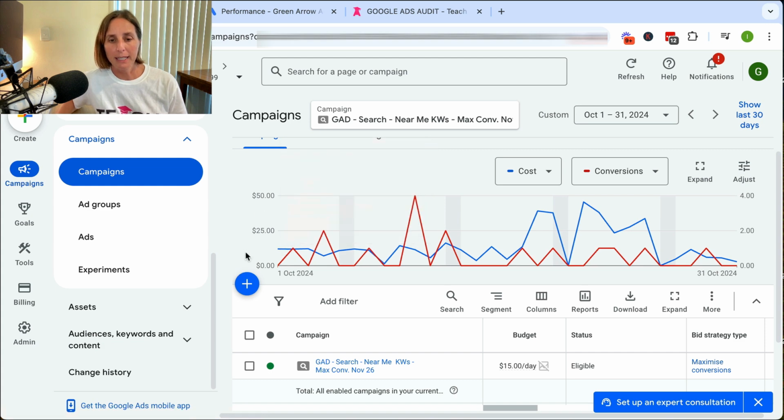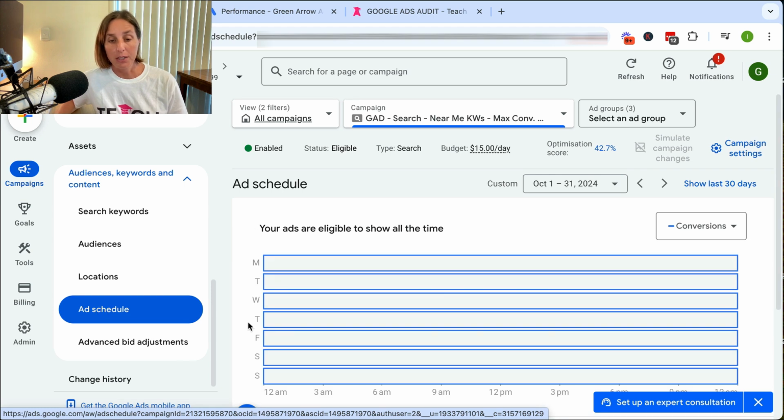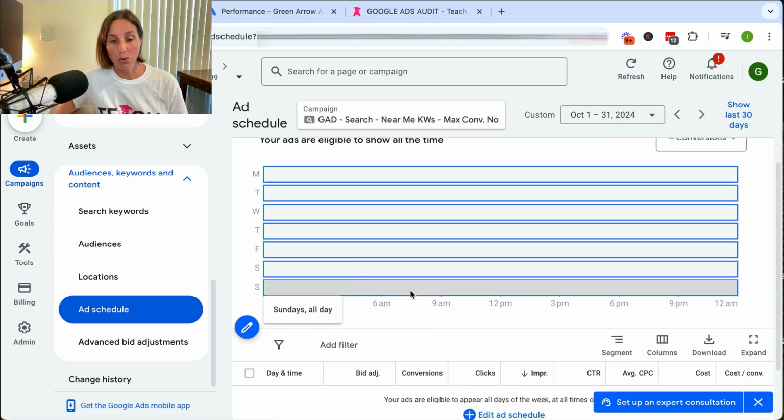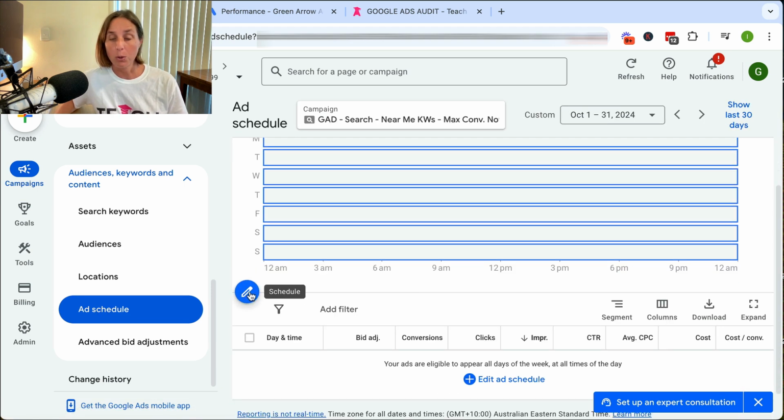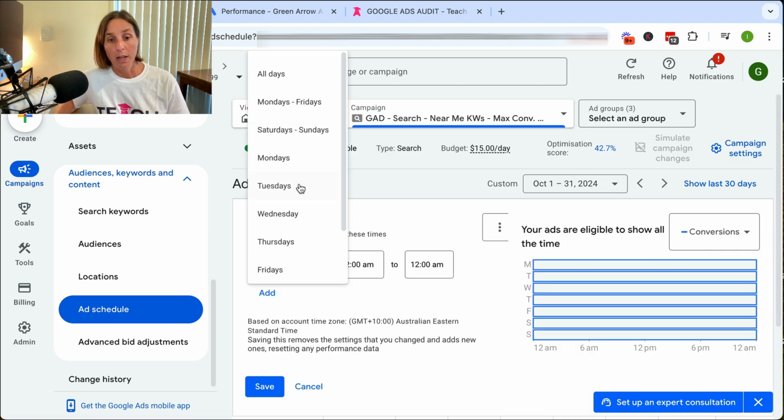Here we are back in our live Google ad account, and I'm going to go to audience, keywords and content and ad schedule. And as you can see, these ads are scheduled to show all the time. So what you want to do is click this plus button, and then you might want to schedule your